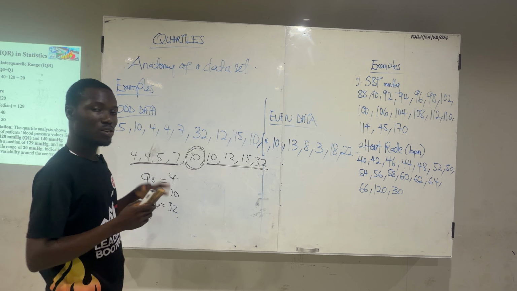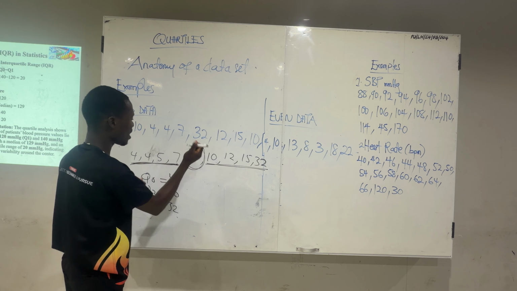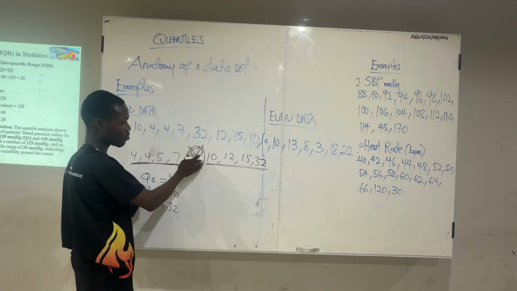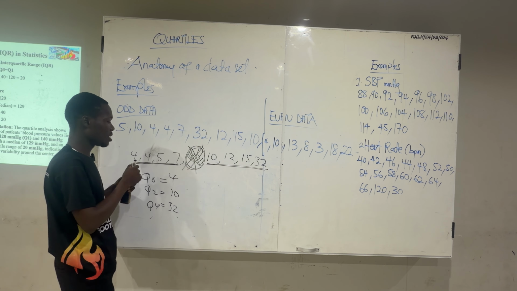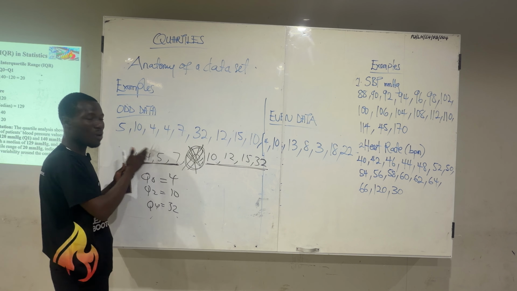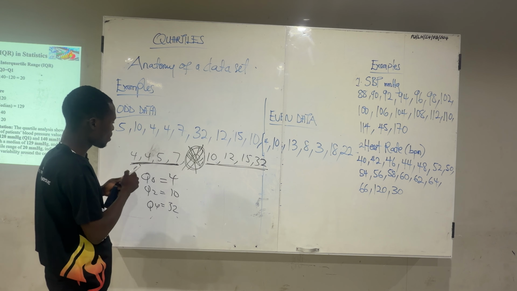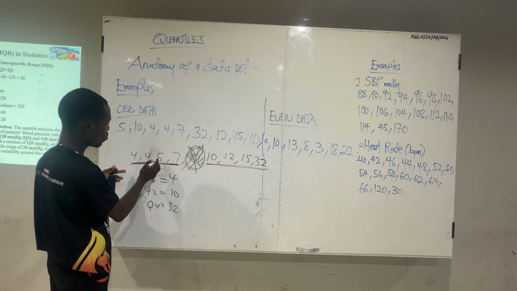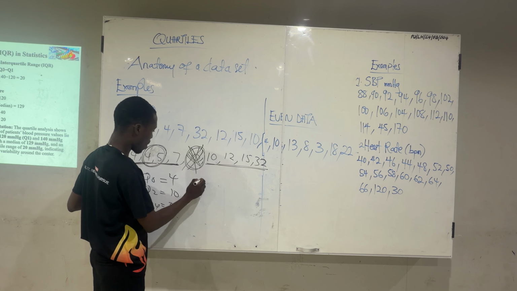In solving for Q1 and Q3, if you like, you can stamp or cancel this one. So now you look at this one. Q1 simply means the median of the lower half of the data. So this is the lower half of the data. And looking at the median, because this one, 2, 3, 4, we have two numbers. So our Q1